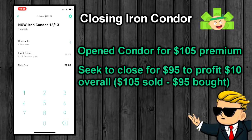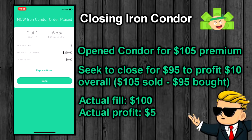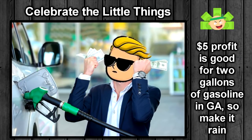Let's close for $95 premium to grab a $10 profit overall, and let's submit our order. And you guys already know how this goes, so I'm not even going to front. We get filled at $100 instead, so we walk out of this trade with a $5 profit. Not exactly enjoyable or exciting, but $5 is enough for about 2 gallons of gasoline in my neighborhood, so it's